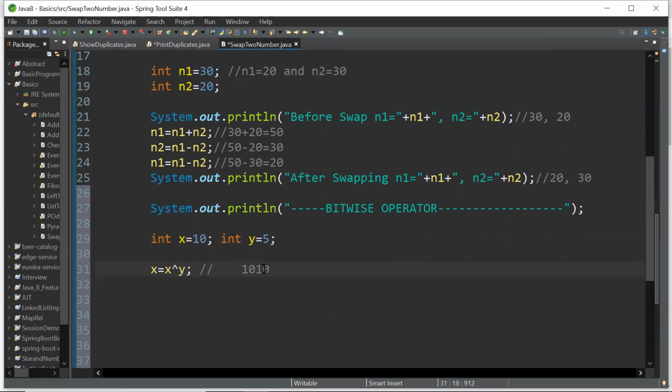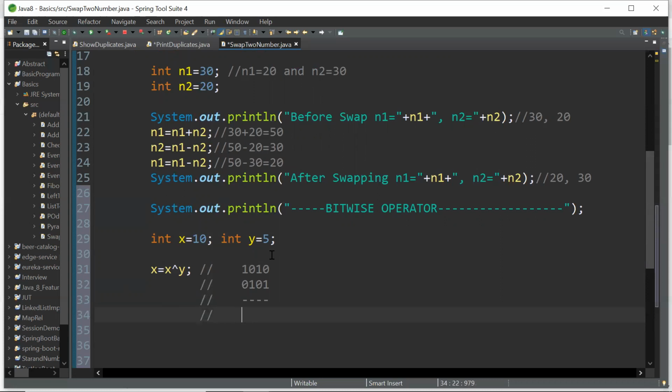Okay, so now I'm using the XOR operator here. Let's see what happens if I do the bitwise value of 1 0 1 0 and 1 0 1. Now if I apply the XOR operator, let's see how it will work.